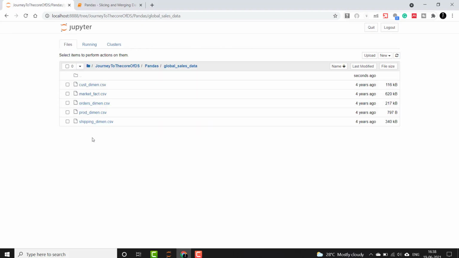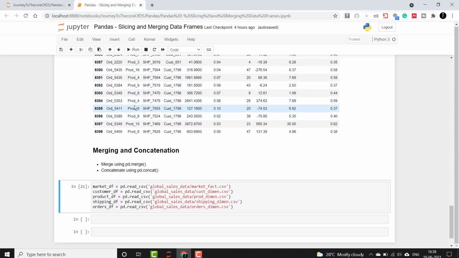We have downloaded this to our local system from a GitHub repository, and we will now work with all these data files and learn to merge multiple data frames using common column keys with pd.merge, and concatenate data frames using pd.concat.